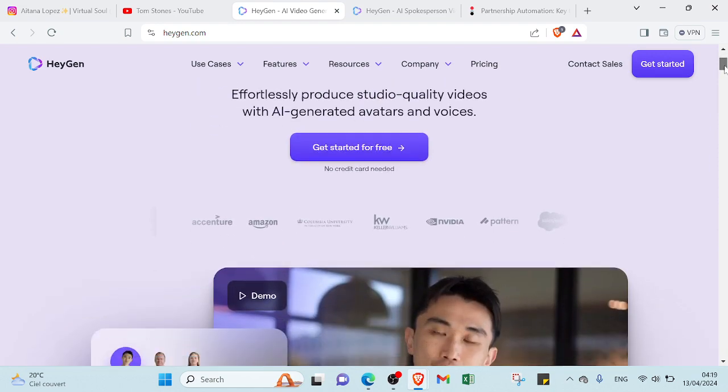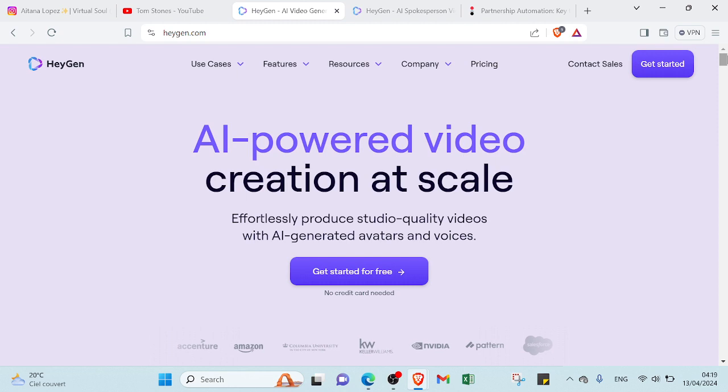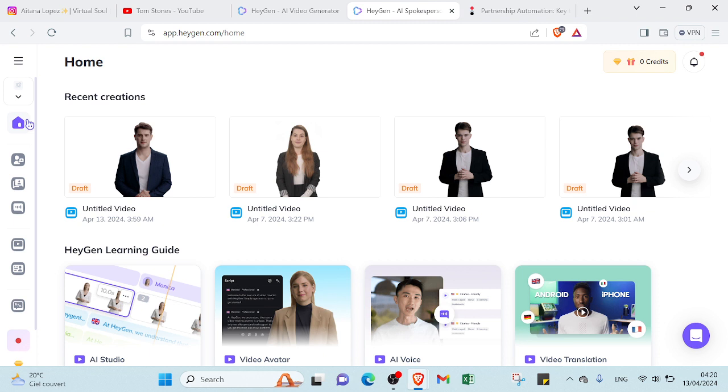So if you sign up, as I mentioned, by entering your email and verification code, and you answer a few questions, you click on sign up and it will lead you to this homepage. As you can see, this is my homepage, and I already have an account, that's why you will get recent creations here. And the same thing for you guys if you